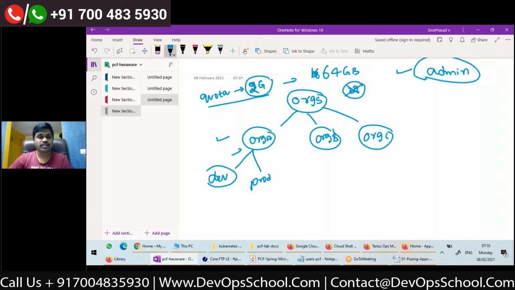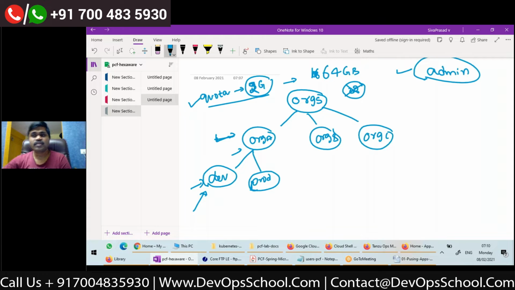For these spaces, we can allocate a separate quota, which belongs to the organization. Normally a user logs into one of the spaces in one of the organizations, and we can push applications onto that space.